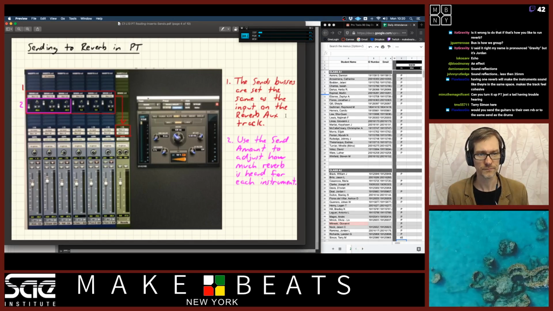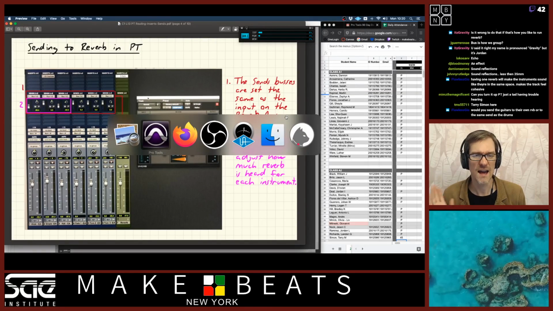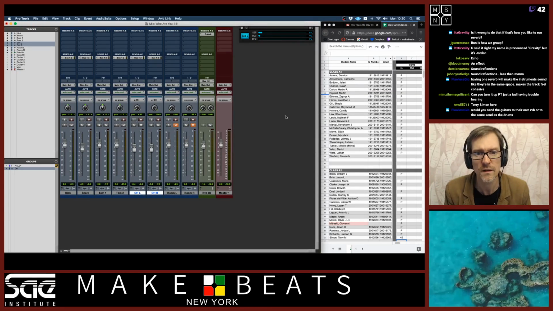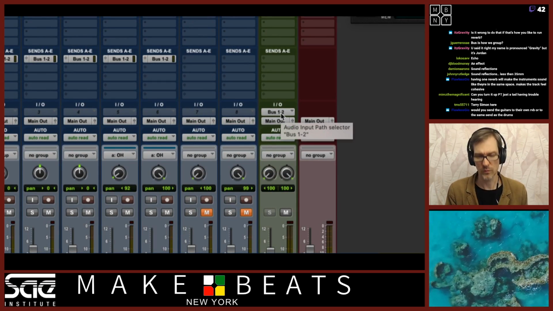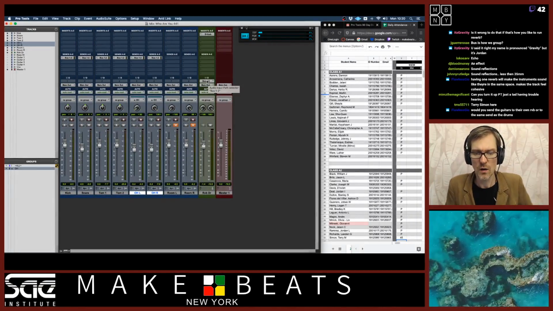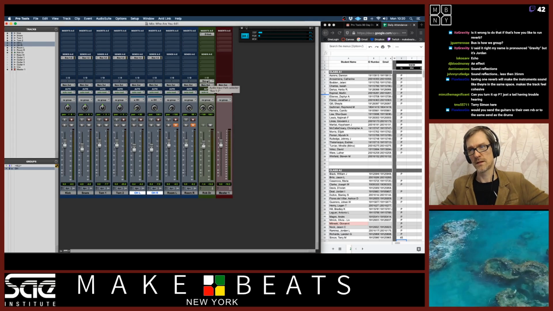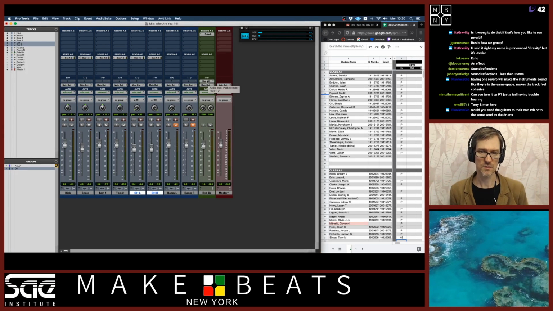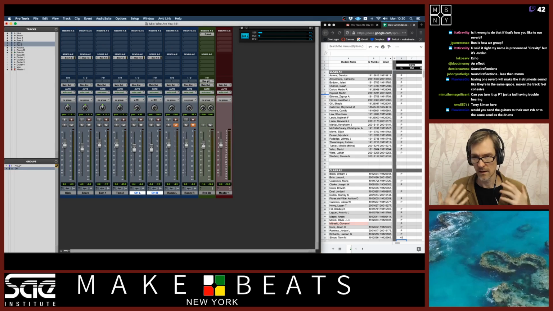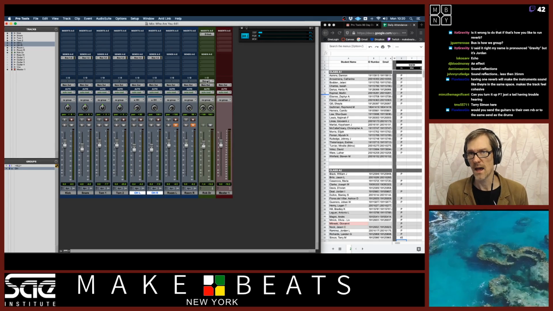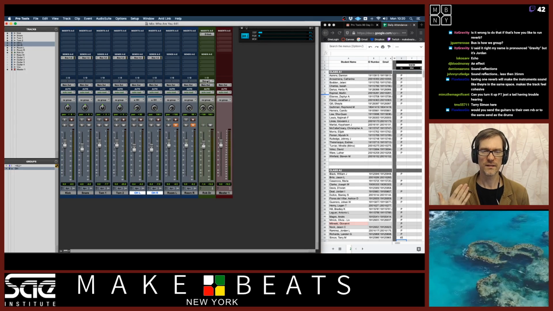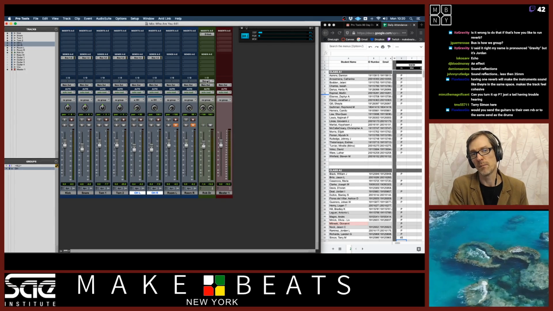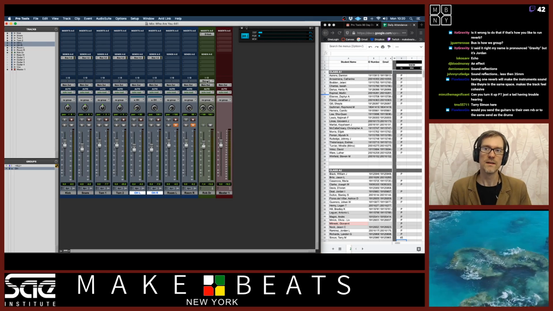Okay, so let's just talk about this idea of buses for a second. You can see here it says bus 1 and 2, and this over here says bus 1 and 2. So this is how different programs make connections to each other. Now, in the audio world, we have a thing called a bus, and this is a very common thing. The way I think about it is that buses in the audio world are the same as a bus in the real world. So let's just say, for example,